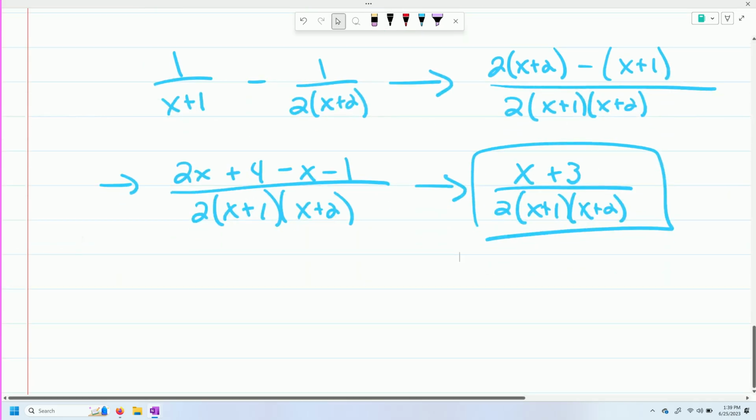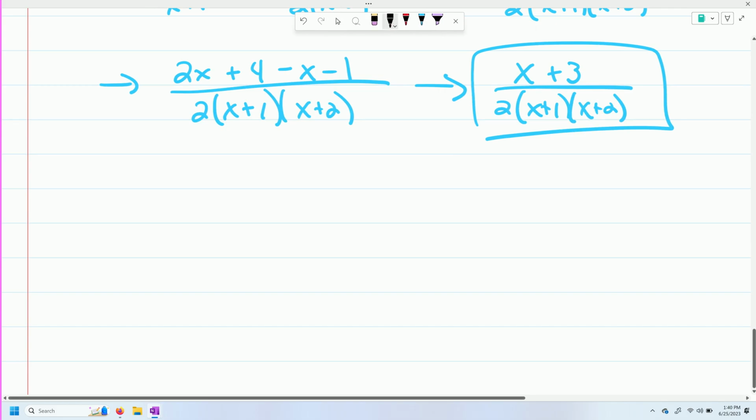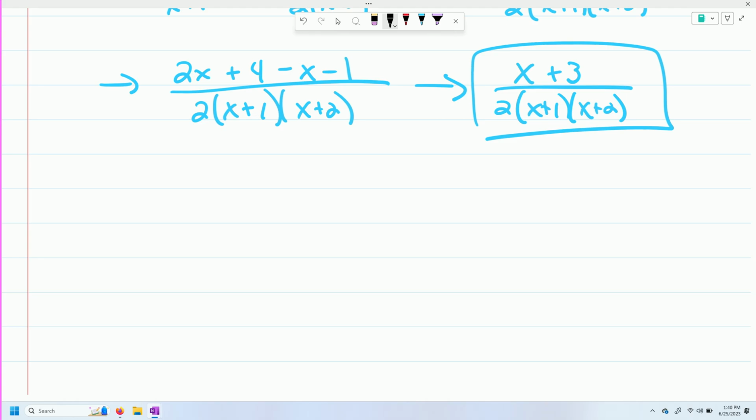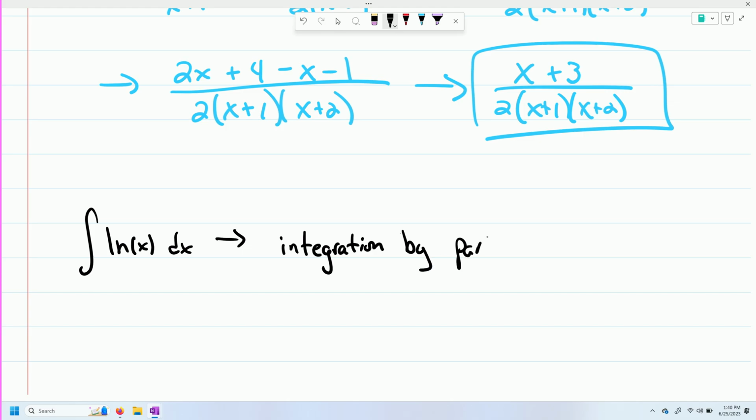So let's talk about integrating the natural log, or better yet, integrating when the natural log is the answer. In order for us to integrate the natural log of x dx, we need a technique called integration by parts, which is going to be in the next chapter. So we can't really do this one yet, but